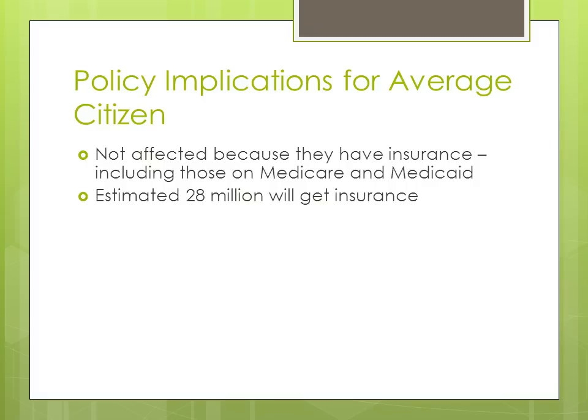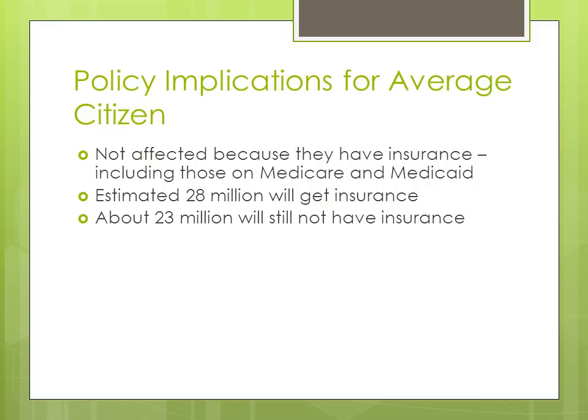So we think that an estimated 28 million people should get insurance as a result of all the provisions of the Affordable Care Act. But these estimates were based on Medicaid expanding. So if Medicaid doesn't expand, this number is going to be lower. If states decided they don't want Medicaid expansion, then this number may be down in the 15 million or so. So we might end up with a larger number of uninsured people than we anticipated, even after the Affordable Care Act, which will be unfortunate and will be a huge challenge moving forward for our country.